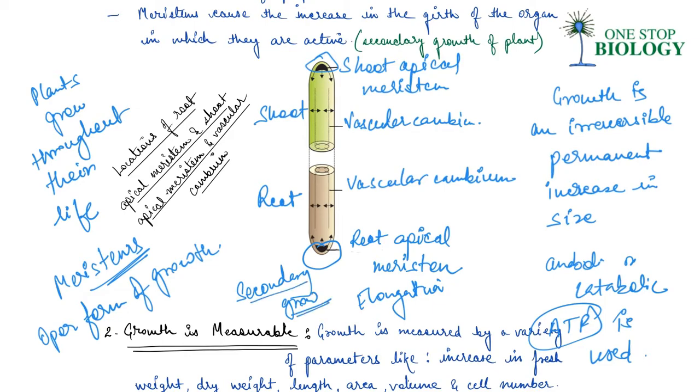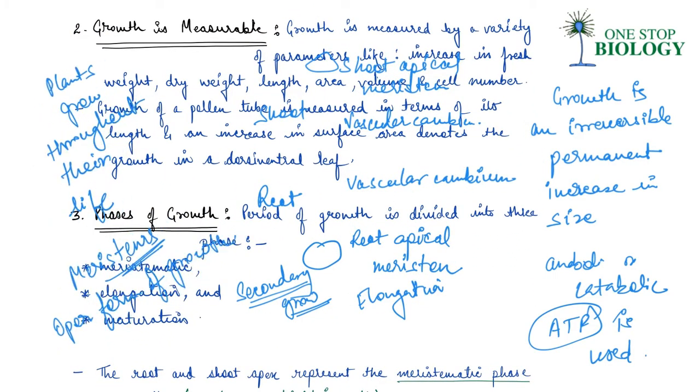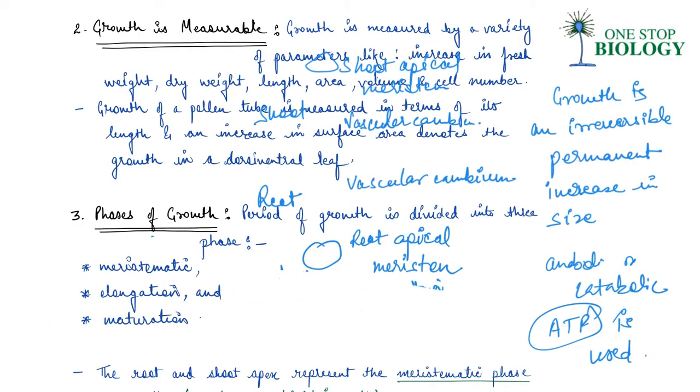Right? So the primary growth is basically the elongation of the plants along the axis, and then the girth also increases, which is the secondary growth, right? And that is why the first point remains valid, that plant growth generally is indeterminate. What is the second point? Now let's see that. So the second point is that growth is measurable, although it is indeterminate, but the growth is measurable. Let's see how.